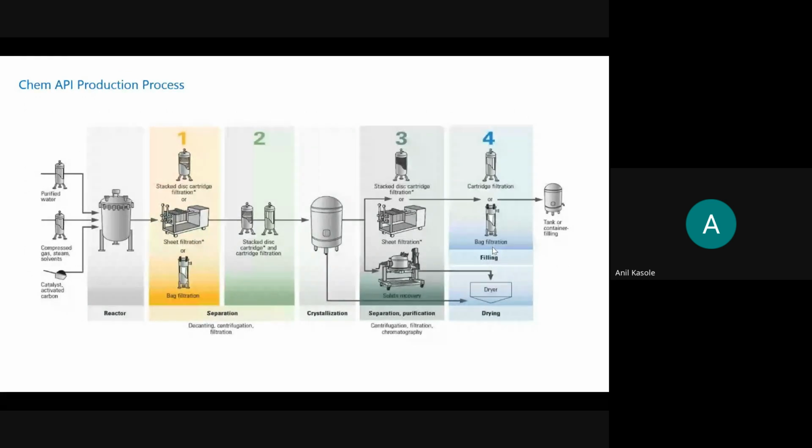This is just a representation of what chemical APIs are. Again, we don't want to go into the very detail, but you can see from this drawing how the final drug, as an output of the API manufacturing, is produced. So mainly it starts with the reaction. That is a reactor. The reactor is equipment, but the process is a reaction.